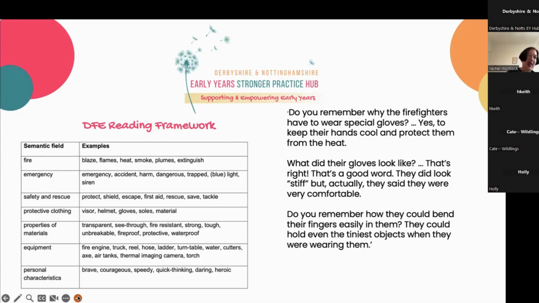And when we're thinking about part of our curriculum, whether it's a focus we've got or whether it's a visit or an event, do we think really carefully about the language that we want to use with children? So we need to introduce that language and we need to use it with children, and we need to have opportunities for children to revisit that language, because if we just use it once, it won't be embedded in their memory. So we need to be really, really ambitious when we're thinking about the vocabulary that we want to use